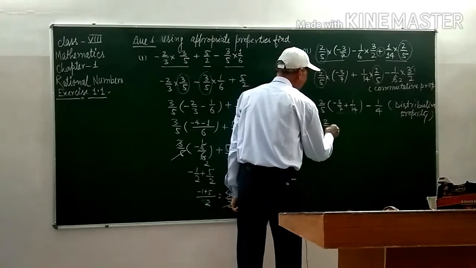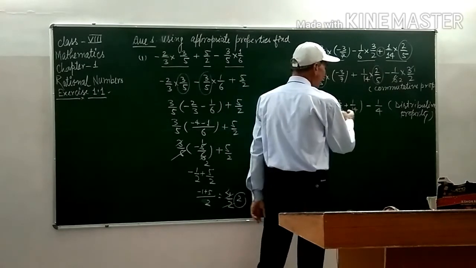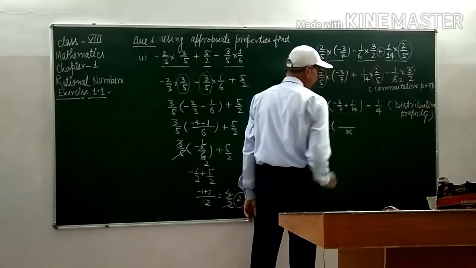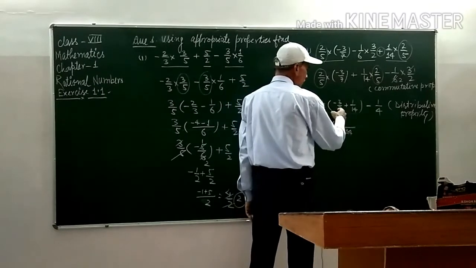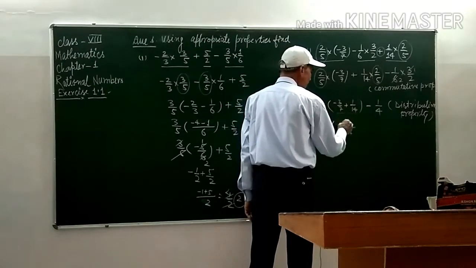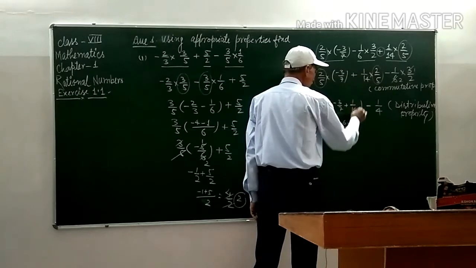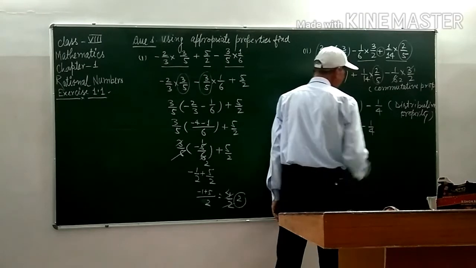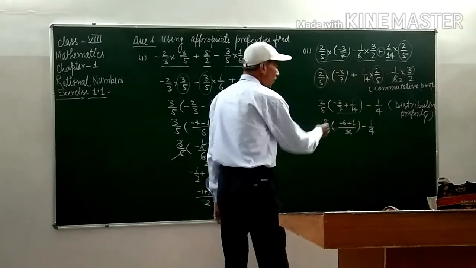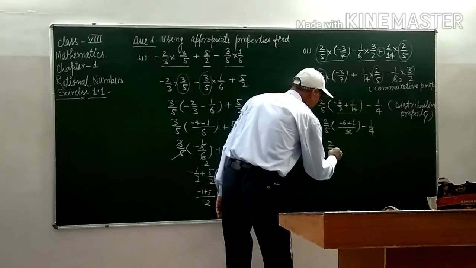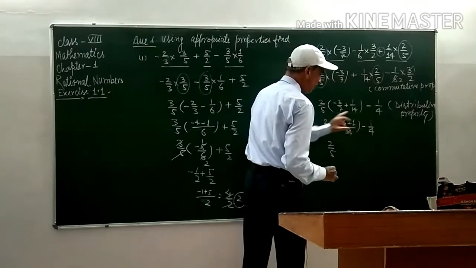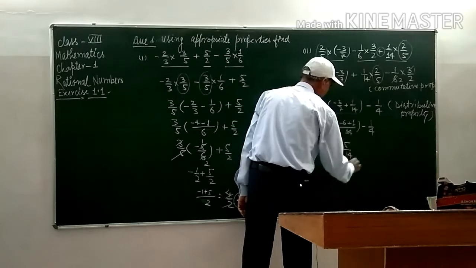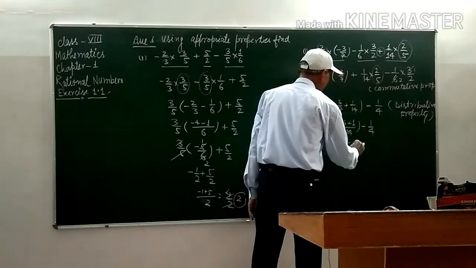So 2 by 5, okay, again 14 is a multiple of 7, so we have to take the greater number as LCM. That will be 14. So 7 twos are 14, minus 3 twos are 6, minus 6 here, plus 14 ones are 14, so 1. Clear student? Minus 1 by 4 here. Now this one 2 by 5 and the number minus 6 plus 1, that is into 5 by 14. Clear student? That is minus 5 by 14.